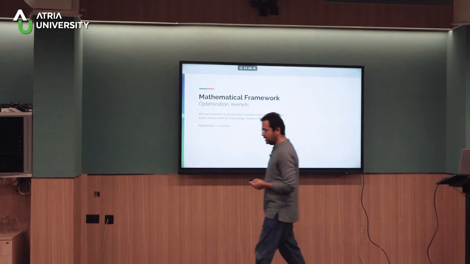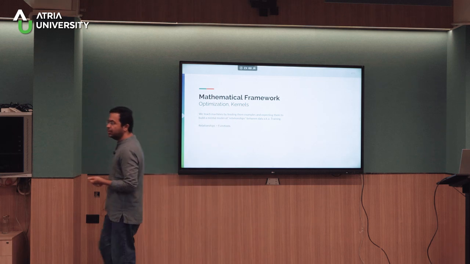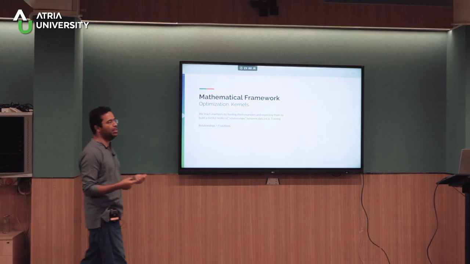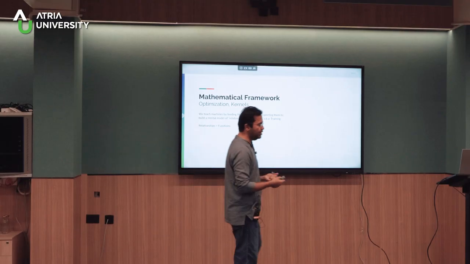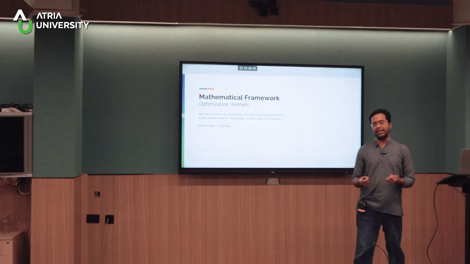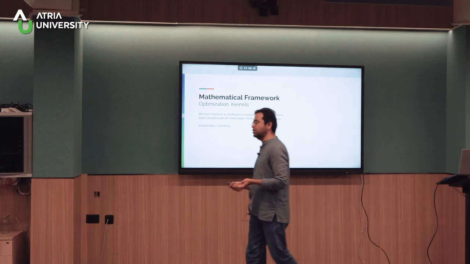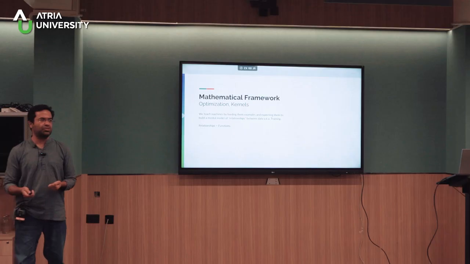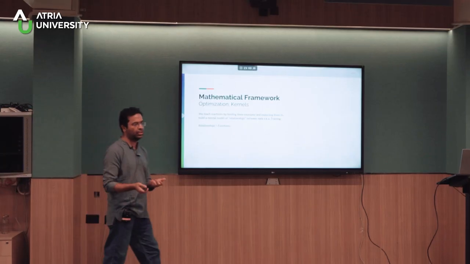Now, the idea was that these machines will learn. Well, what does that mean? What do we mean that we'll give data to machines and machines will learn? So the idea was that machines will learn relationships between the data. And in mathematics, relationships are captured using functions. So this era was about learning functions which relate one set of data to another set of data.